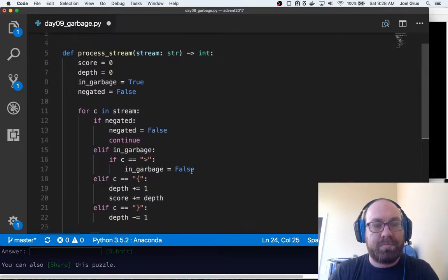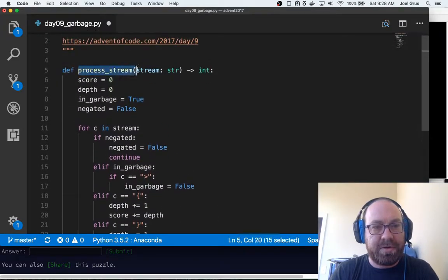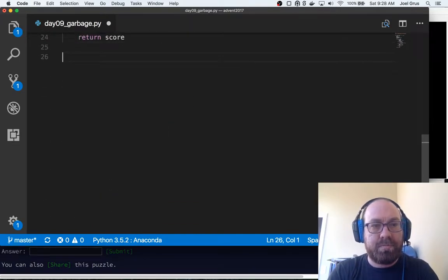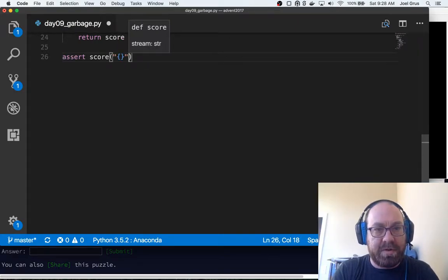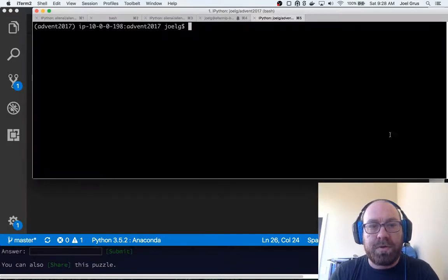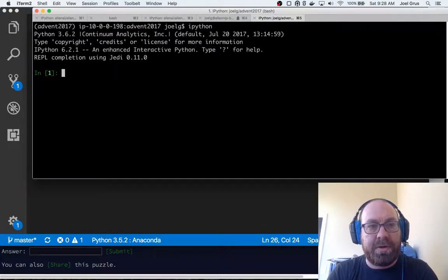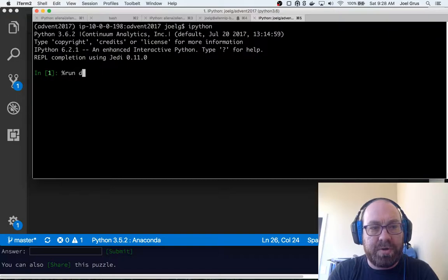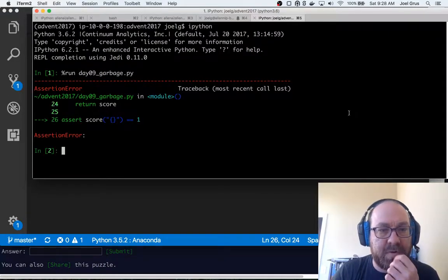I'm just going to call this score, so it's shorter to type. Assert that score of this equals 1. So IPython run day 09 garbage.py, assert score equals 1.